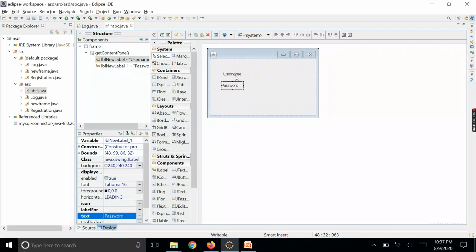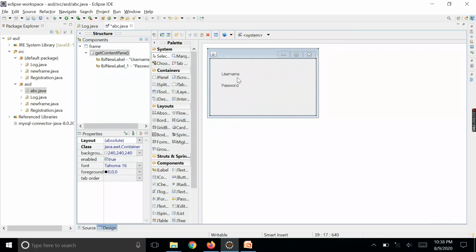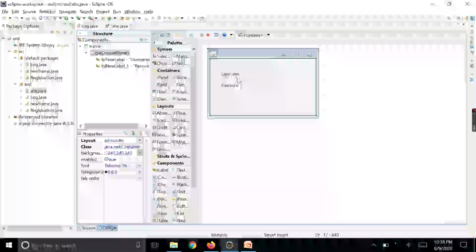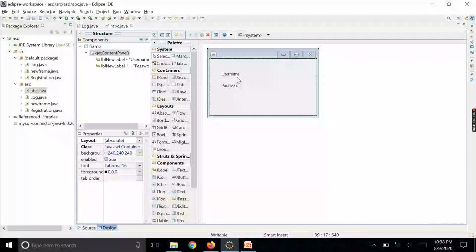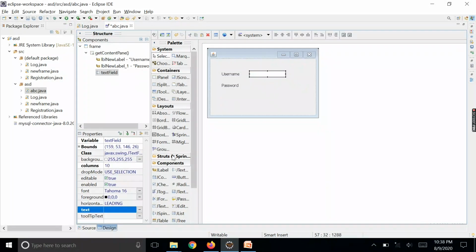I don't have to write this code manually. I can just use the drag and drop mechanism and the code will be created in the background. The dimension of the label, the fields that you use, the text that is used on the label, everything is created in the background. If I double click on this file, the code will automatically be generated. Second, I'm taking the text box.